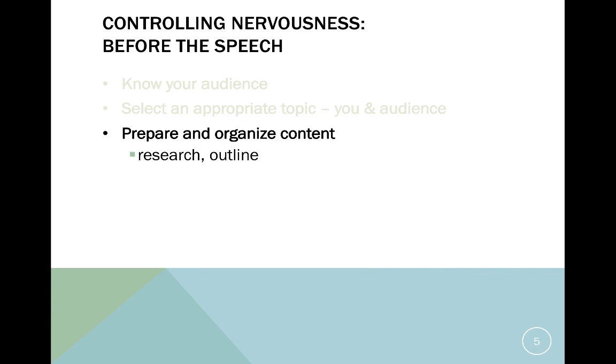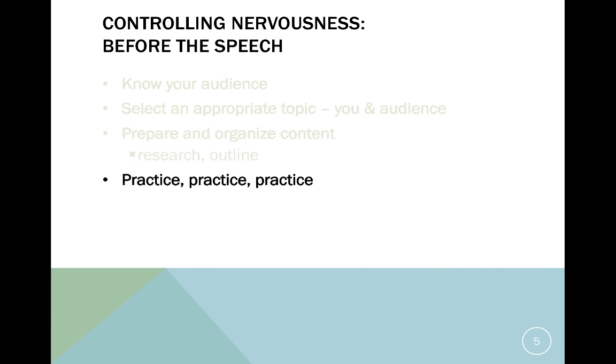Think about how you can prepare and organize your content in advance. And you want to do that by obviously researching what you're going to discuss. So you never want to just kind of wing it in front of a room if you can help it. At the very least, you want to have an outline of where you're going. That will help to control your nervousness. Of course, nothing helps control anxiety about public speaking better than practicing. Practice, practice, practice. But there's sort of a threshold for this.